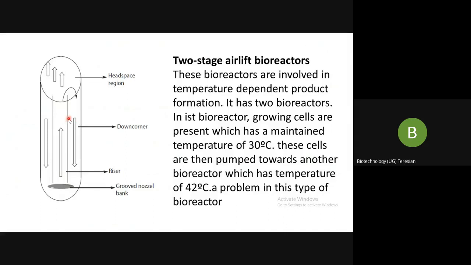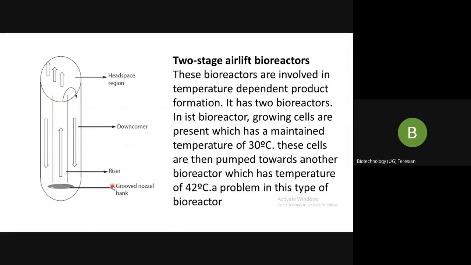Only one of the two zones, that is the riser, is sparged with air and other gases. The downcomer is the other zone that receives no gas. Airlift fermenters are considered to be highly energy efficient and are often used in large scale manufacture of biopharmaceutical proteins. All the performance characteristics of the airlift fermenter are related ultimately to the gas injection.